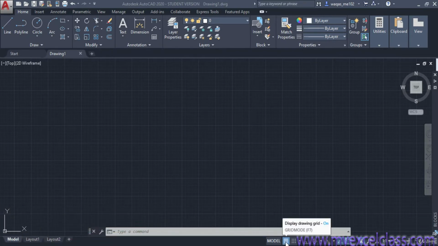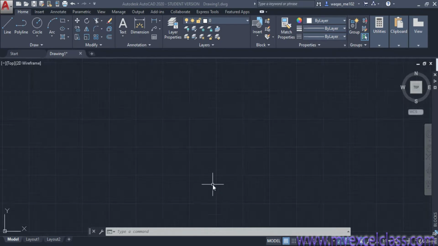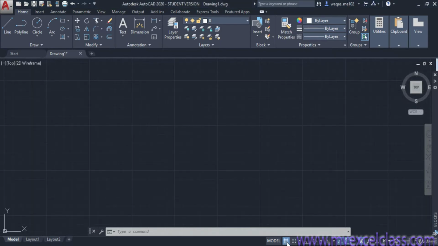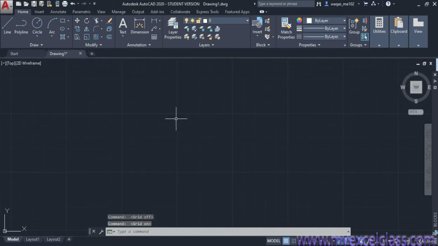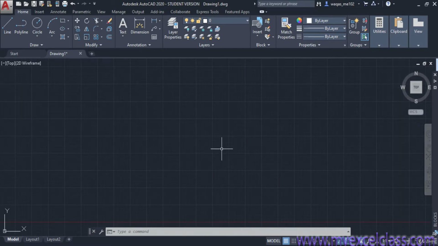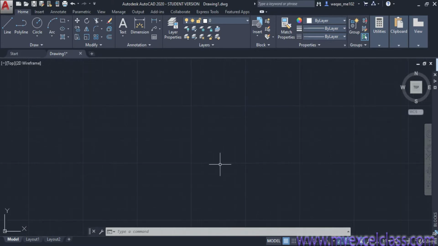First, start with the grid option. What does grid mean and what does it actually do? Let me turn it off now. When I turn it on, multiple squares appear, and you can see them here.